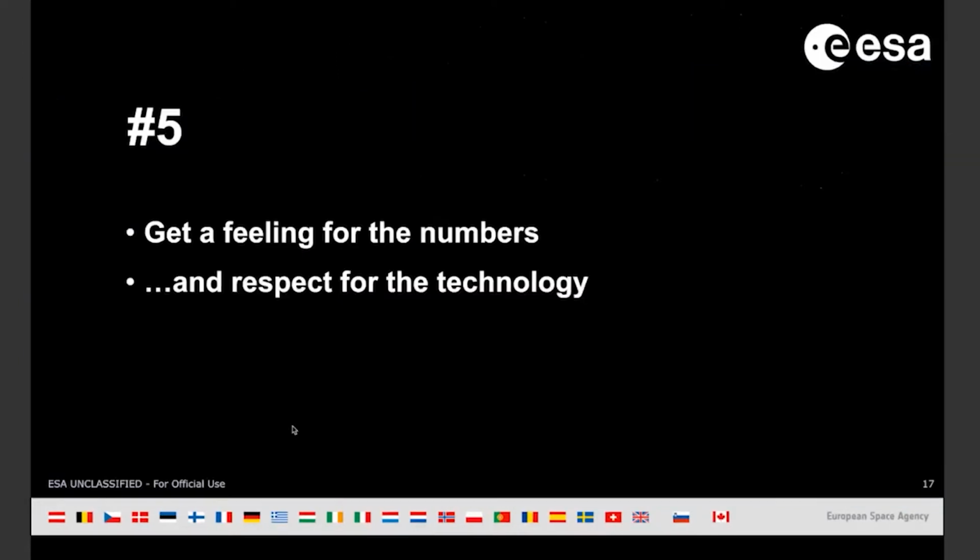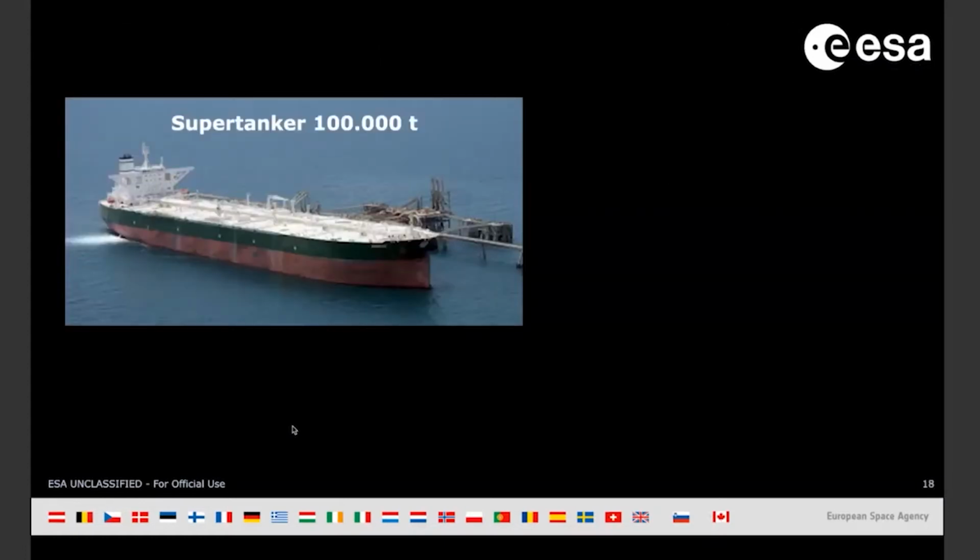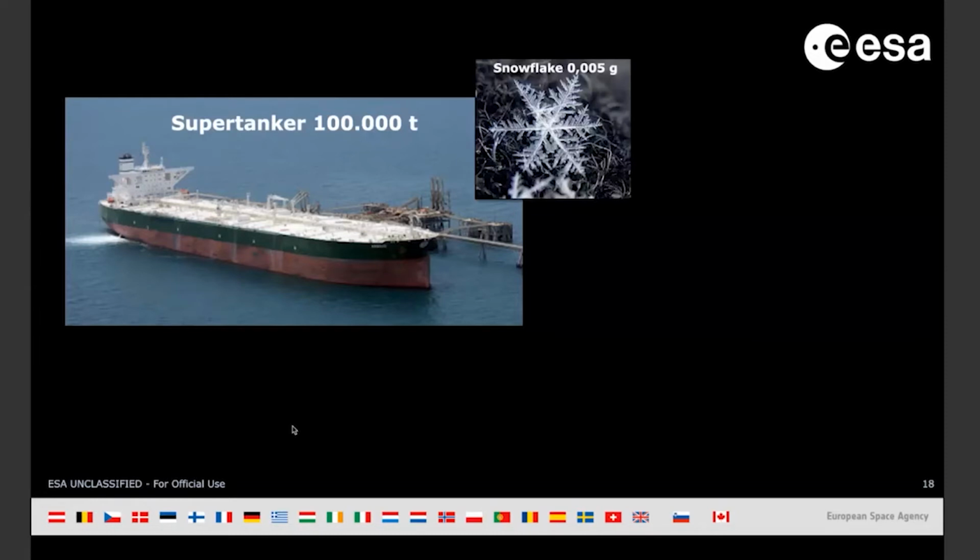Now, just to give you a feeling of the numbers that you need in order to be able to do such a thing, and also perhaps to give you some respect for the technology that is at play here. Imagine that you take a super tanker, an oil tanker that carries oil from one continent to the next. Imagine that you have a super tanker that has a displacement of about 100,000 metric tons. Now imagine that you are out on a winter night with the super tanker over the ocean, and a snowflake, which has a mass of about 5 milligrams,